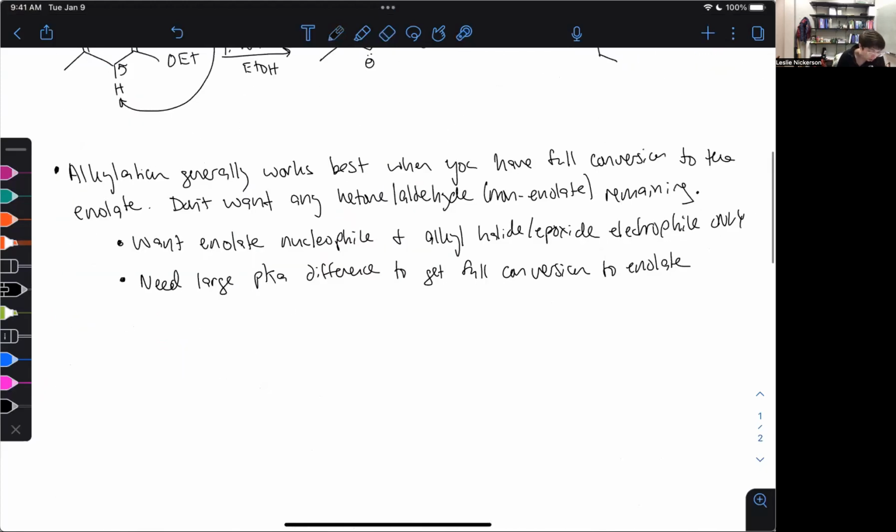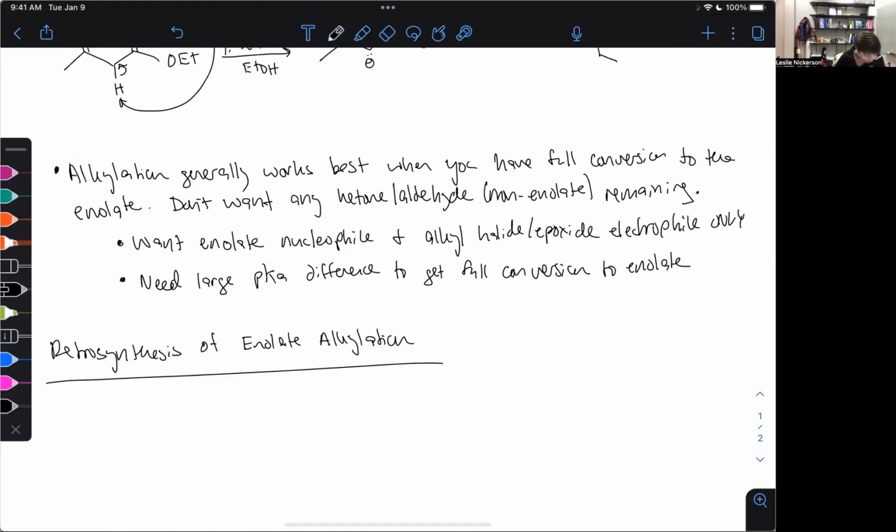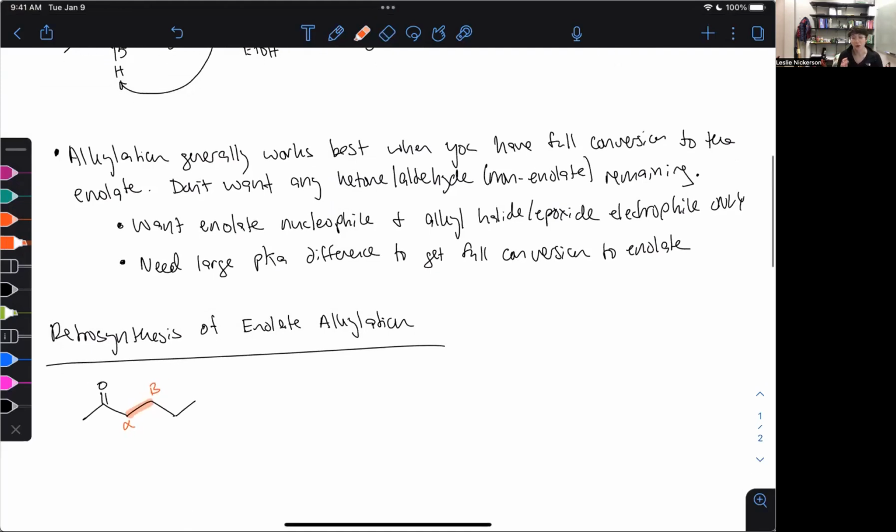So finally, I just want to talk a little bit about the synthesis here, just so that we're clear on how we want to break these down, knowing what we know now. So if we're looking at the retrosynthesis of an enolate alkylation, if I've got a ketone, what I'm looking at here is I can really be forming this alpha to beta bond. So this one right here, and whichever side has your carbonyl on it, this side is going to be your